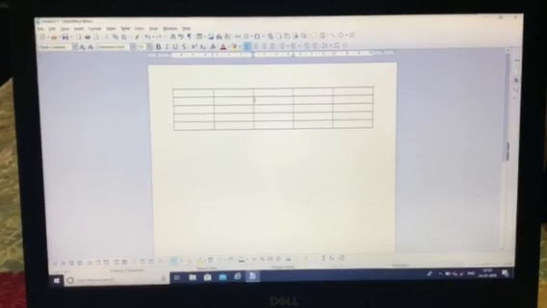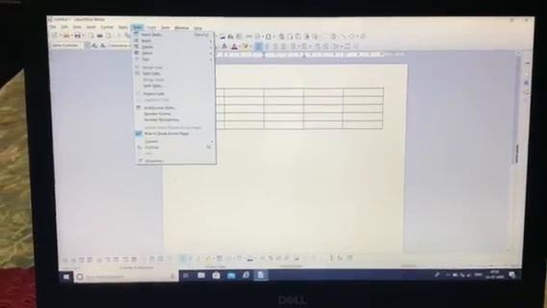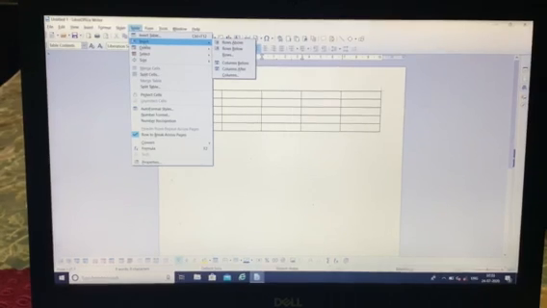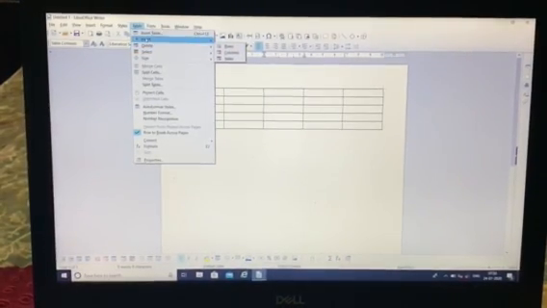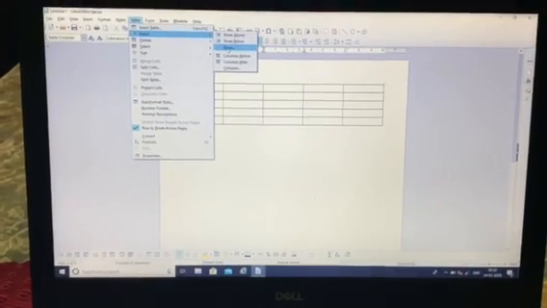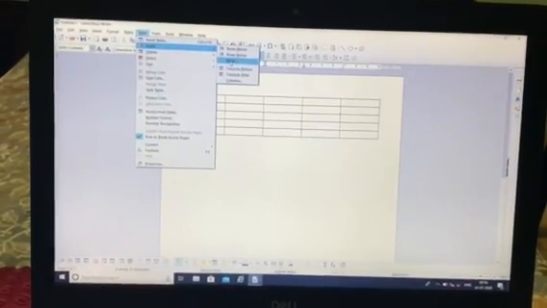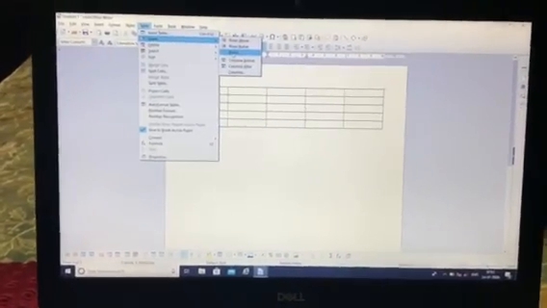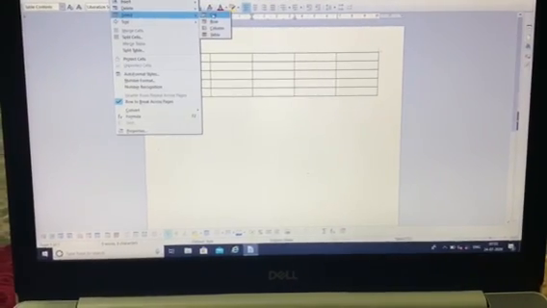Then you can insert cells also. So suppose my cursor is here and I go to table, then insert rows and columns. Then to select a cell, the location where you want to insert a cell, you can select any cell.